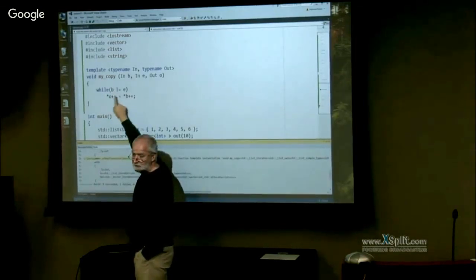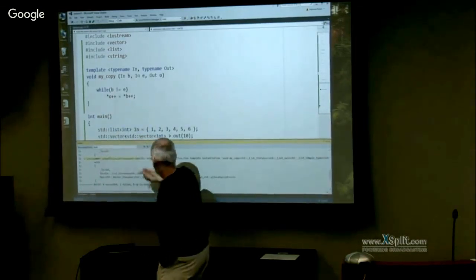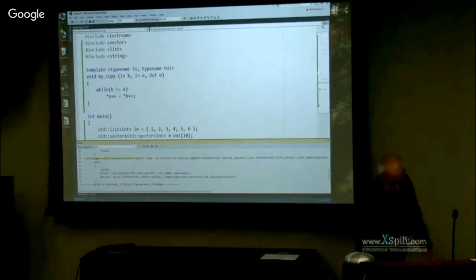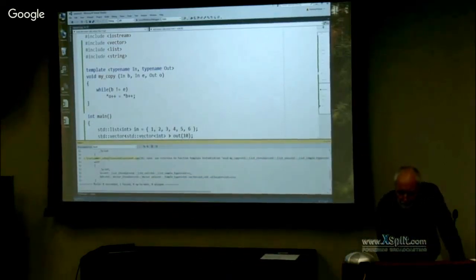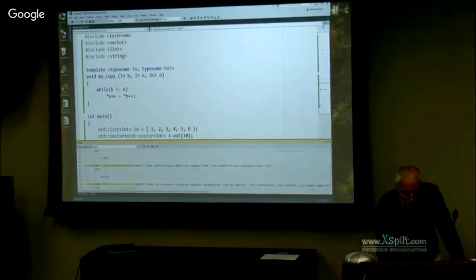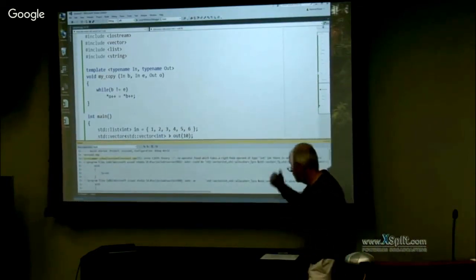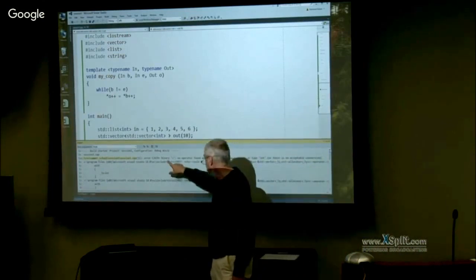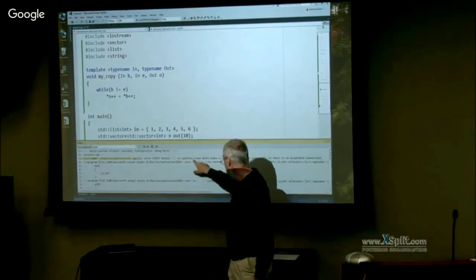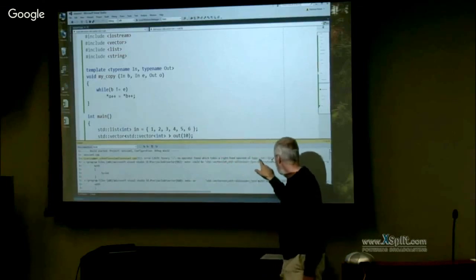And you can't assign an integer to a vector of integers. The compiler is complaining about that. And this already gives you a pre-taste of those error messages I was mentioning. As you can see, I have 100 lines of problems. But in that case, we are lucky. It says binary equal: no operator found which takes a right-hand operand of type int.